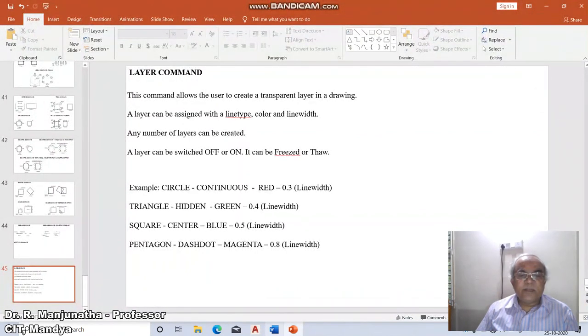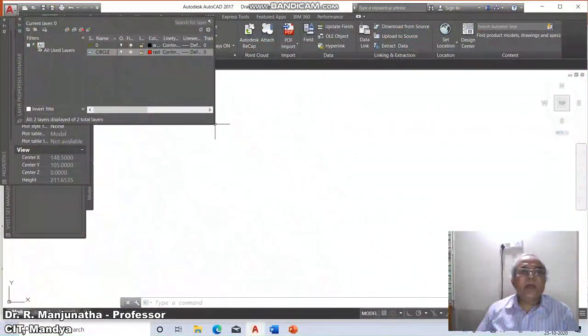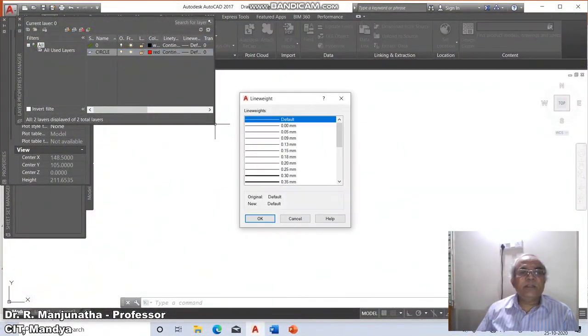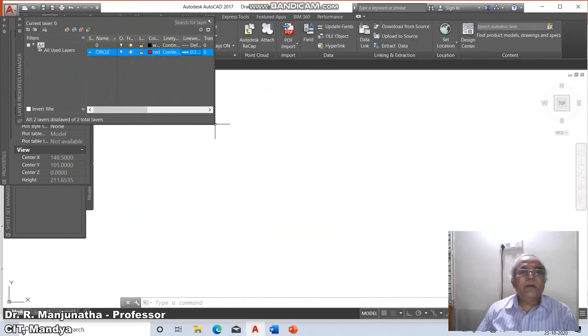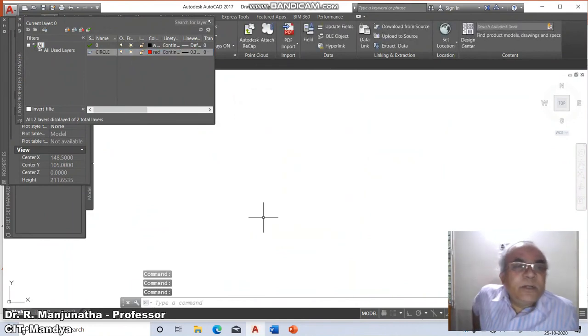Then we have the line width as 0.3. By default the line type will have some thickness, and we will consider 0.3 and say okay. So this is how we will be able to create a layer.